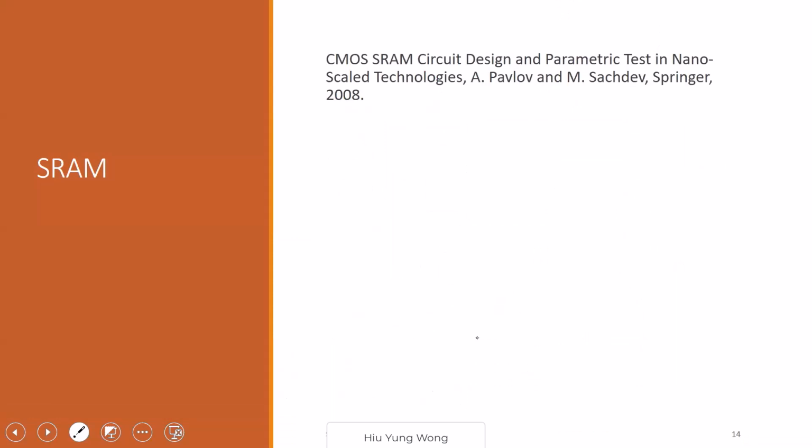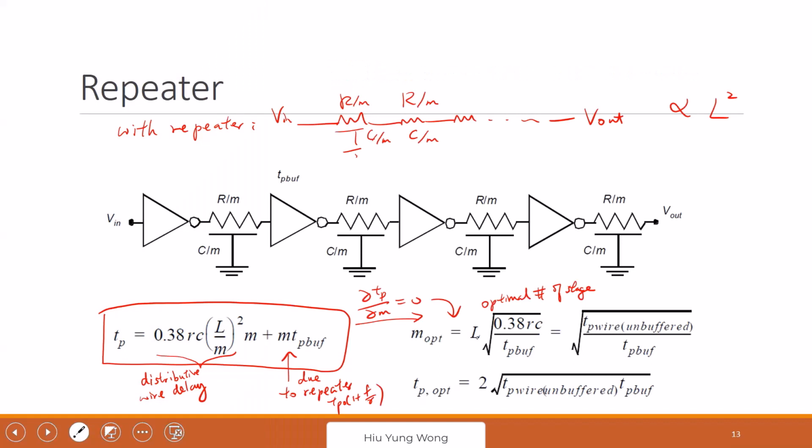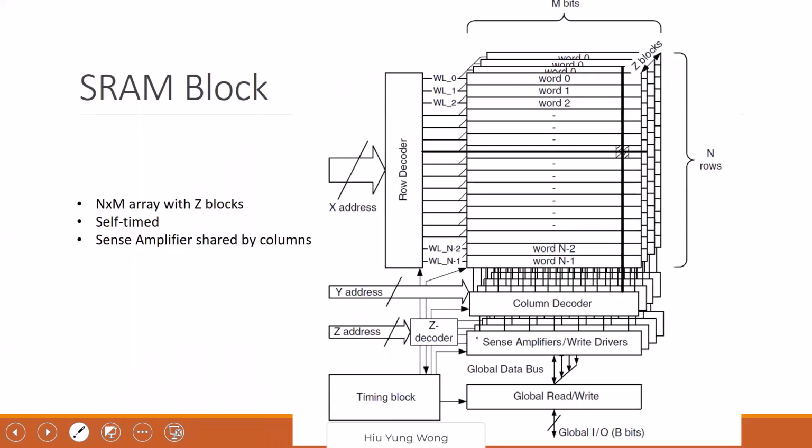Okay, any questions? We are done with the interconnect, some of the selected topics. If okay, then I will go to the last topic about SRAM. So what is SRAM, right? SRAM is the cache. We usually call it cache, right? SRAM is just